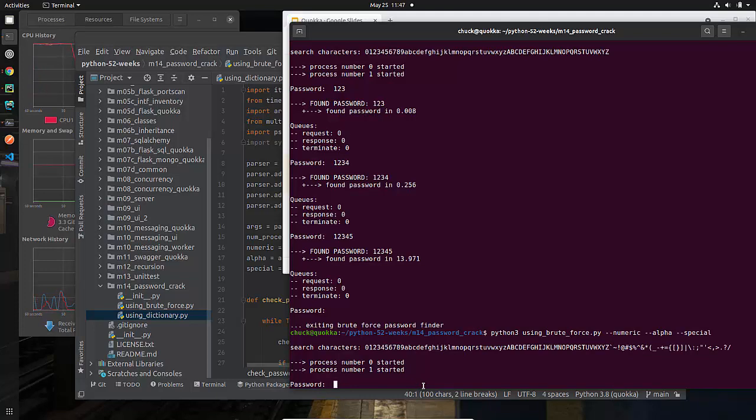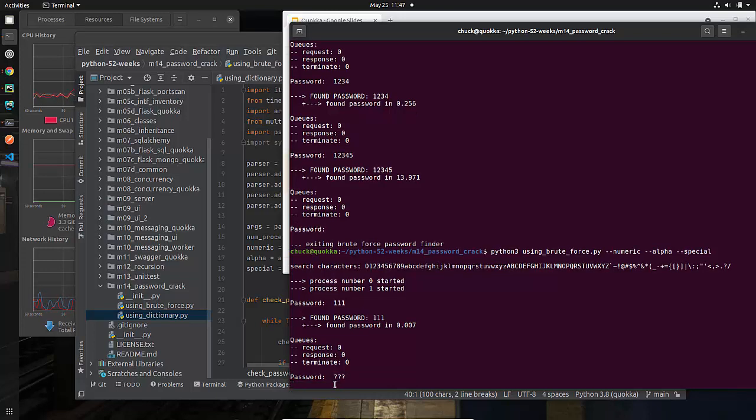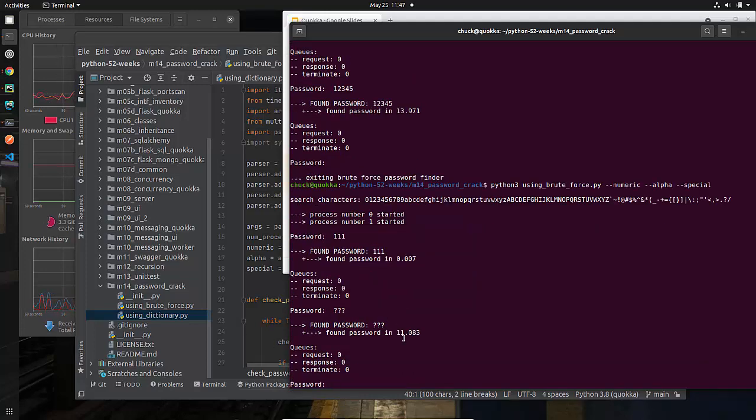Let's see, what should I do? I'm going to try a small number of, like if I was to do 1, 1, 1 here, that's going to go very fast. If on the other hand, I was to choose this question mark and say, well, how long will that take if I do question mark, question mark, question mark, then this is going to take significantly longer. And I know I did this before when I was testing it. I can't exactly remember how long it takes. Let's do this though. Oh, there it is, 11 seconds.